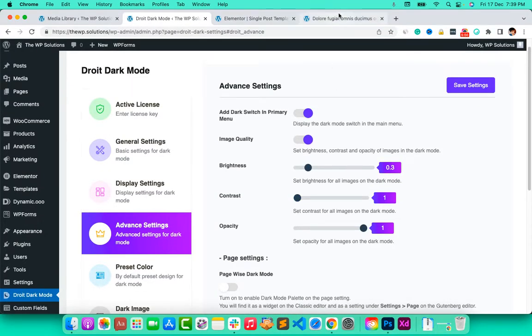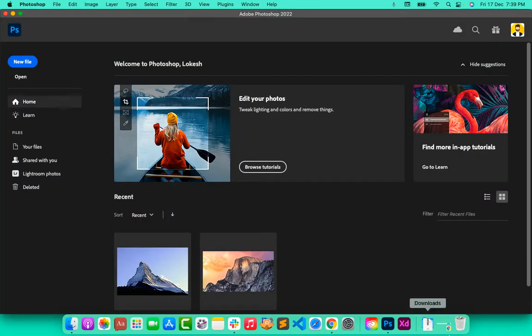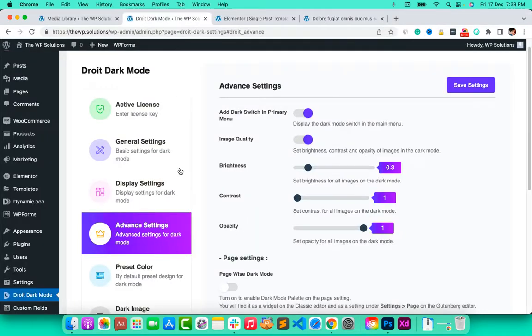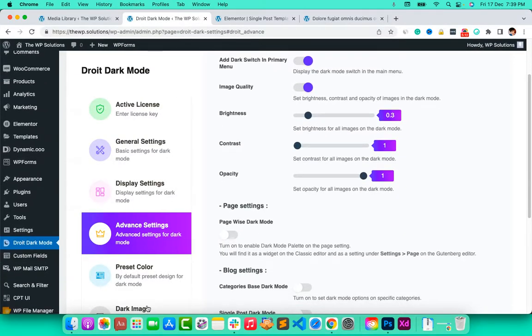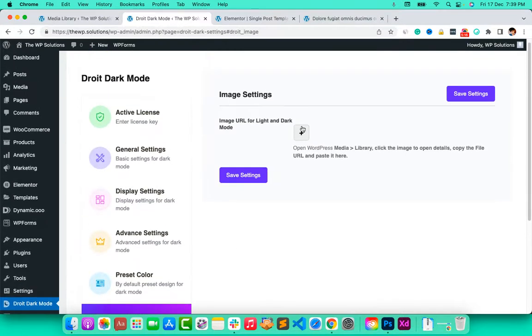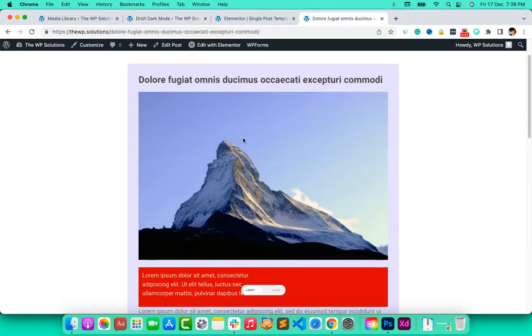And if you want to change the complete image, or probably you have some other image that you have made with Photoshop, then you can definitely use it in this setting where it says dark image, and you can replace the image: here's normal mode and here's dark mode. For example, I'll show you with this image.